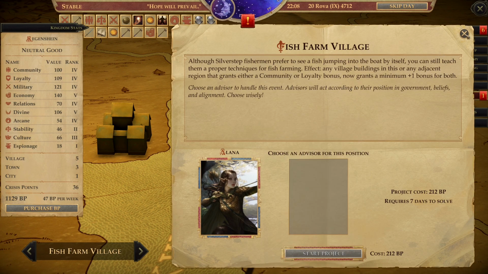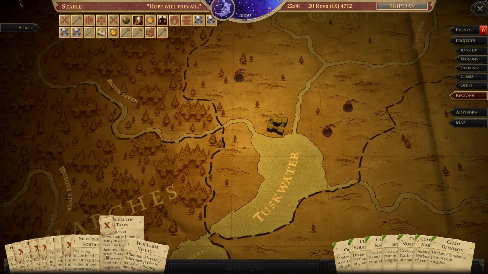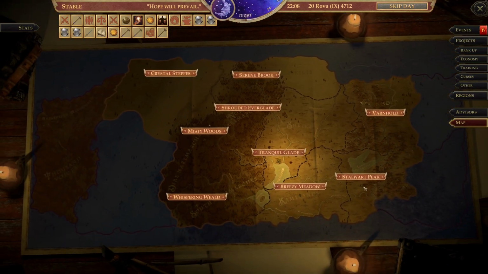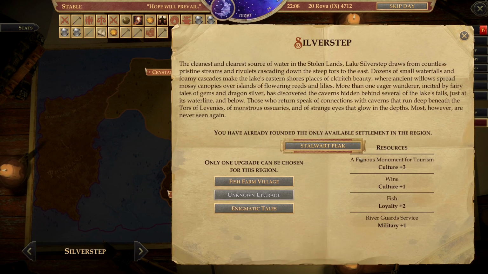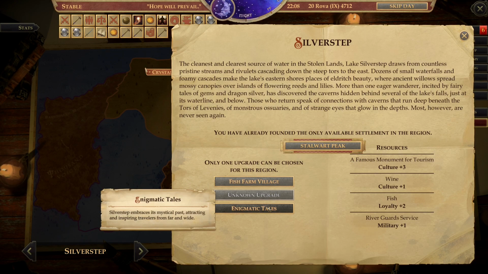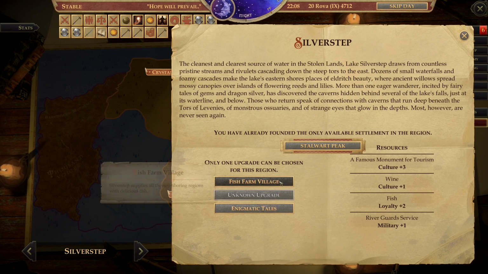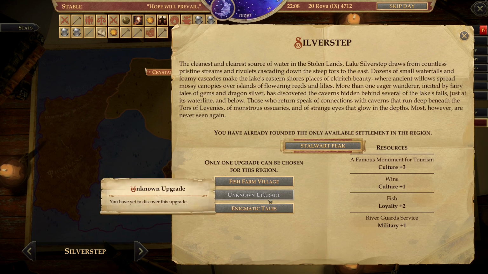Ooh, Tristan has a +14 now. And that's over here in Silver Step. Fish Farm Village. So these unlock as I rank up. Okay. So I just got to continue ranking up, and then I can have a full